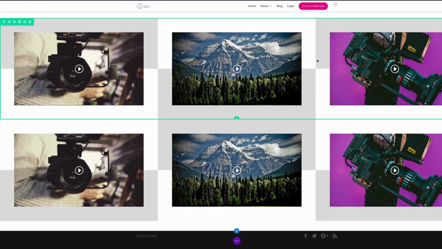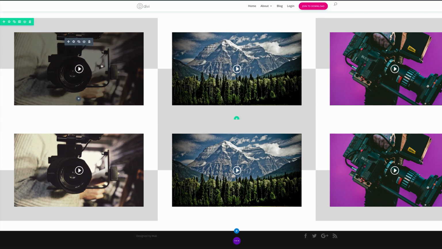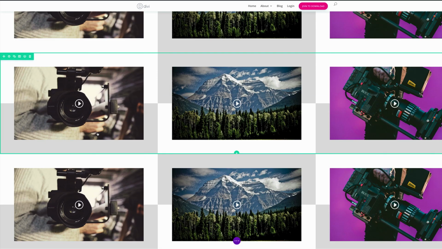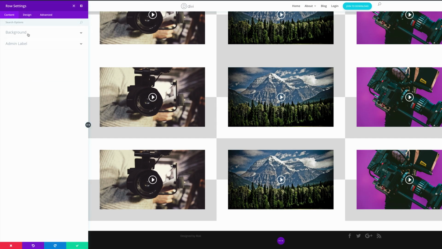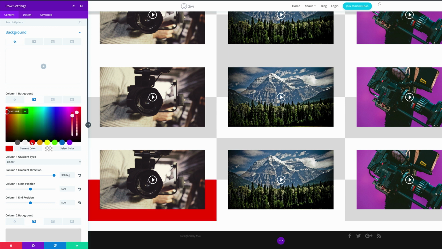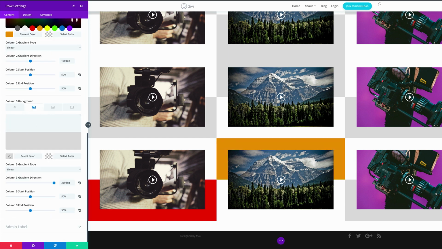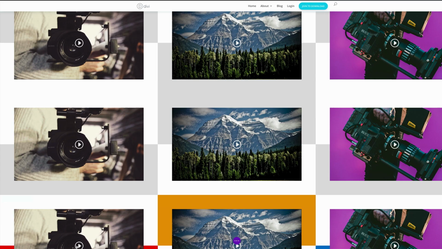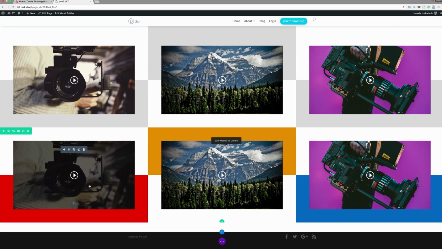So what you could do is you could take this a step further and add some colors to these backgrounds. So to do that, in fact, I'll duplicate this so I can show you how to add the colors. So you can come over here, go into the row settings. Let's go into the background. And this is where you can come in and add your colors like that. And then you can go into column 2, and then you can go into column 3 like that. Okay, so that could be a style that you would like to go with, and that's how easily you can go in and add these colors.